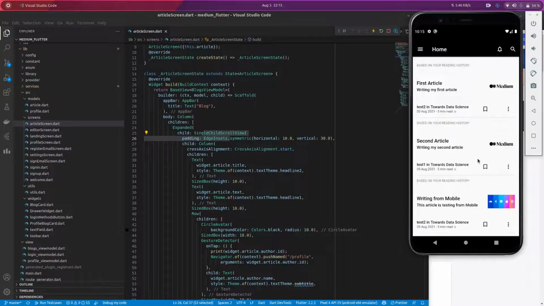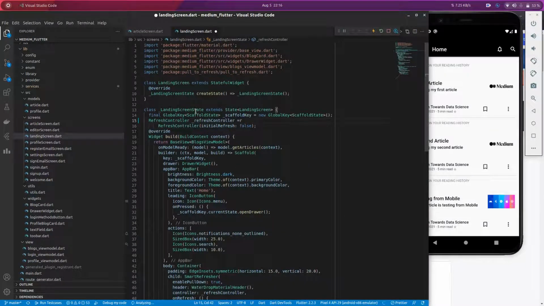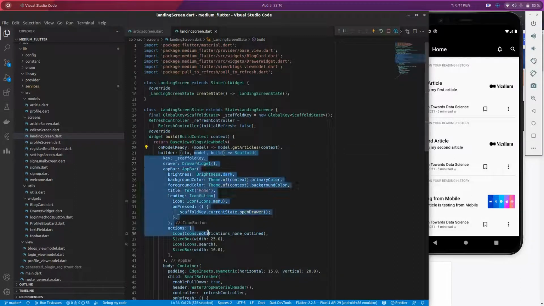So basically our data comes from the backend, like we will send the request to the server. Let me show where this is. Sorry for the delay, I was on the wrong screen. So here is the correct screen that corresponds to this screen. Here I have extended the base view, that is block view model, and whenever the data loads, like model.get architecture, get articles, this is a request that we send to the server and we get the data. Until then, whenever the data gets loaded, we show the circular progress indicator, and once our data arrives, this builder gets built.